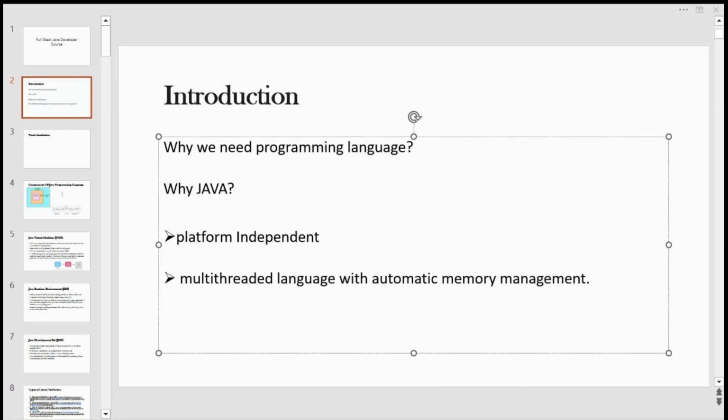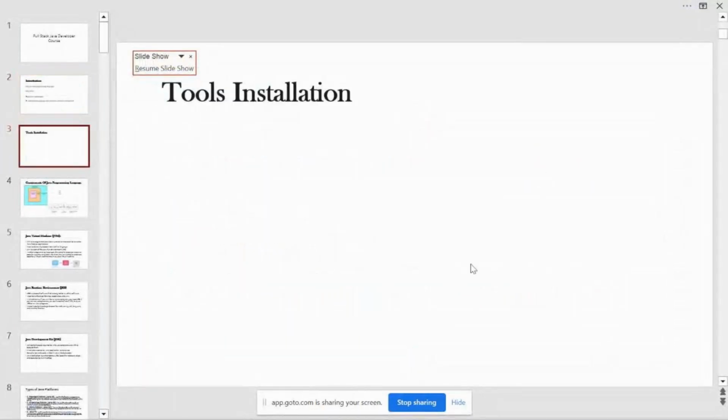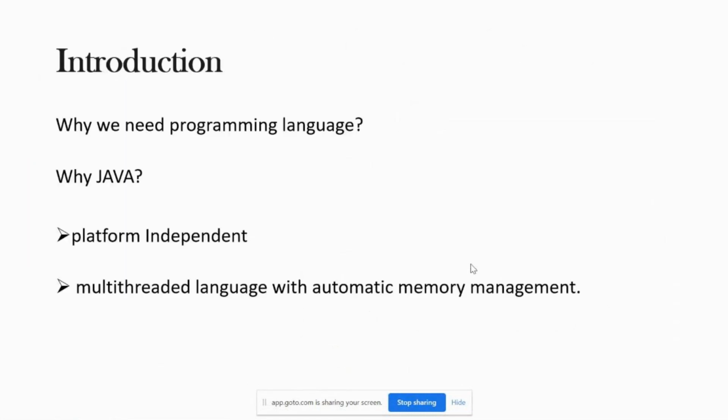Okay, introduction page, one minute. Is it moving now? Yes. Okay, good.